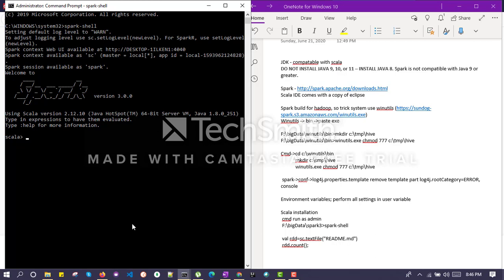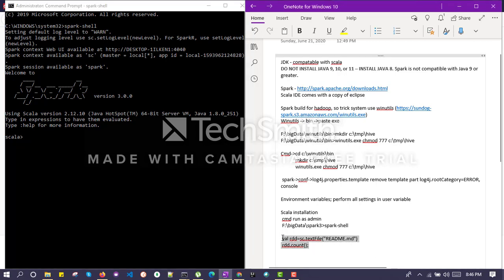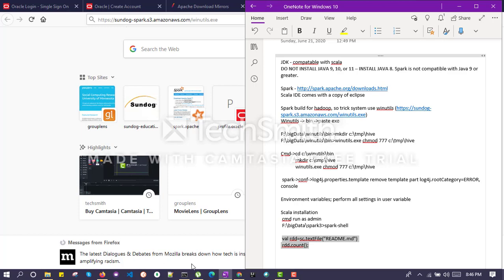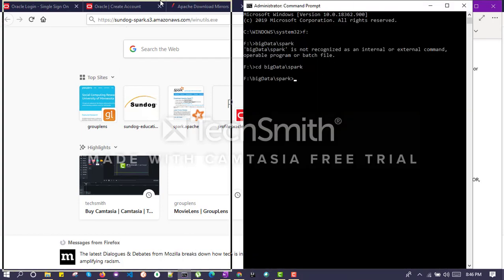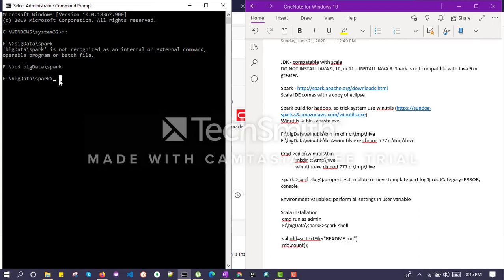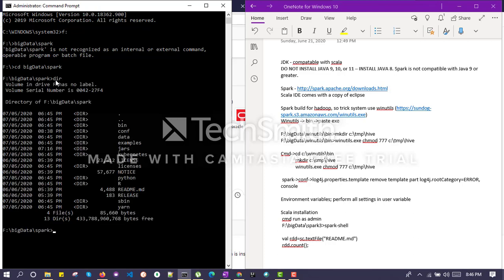I will run a simple command to check how many lines are present in a file. I will execute this command. To show this one, I will just change my directory to the F directory. So it has been changed over here, and click on dir.